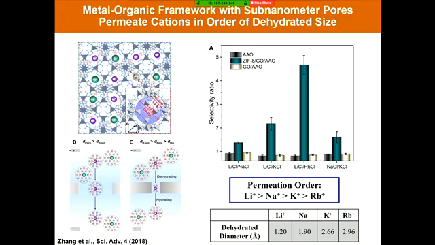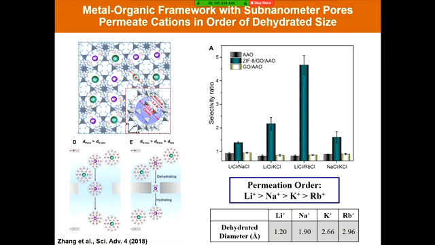Now, historically, in all membranes that are used for water purification, like desalination membranes, the ions do not want to go through those polymers without their waters of hydration. And so then, in standard desalination membranes, the selectivity order is reversed. The membranes that have the most waters of hydration, like lithium, are the slowest. And so we see here also, we believe for the first time, an ordering in the permeation where the ions appear to have to be dehydrating to go through the MOF channel.